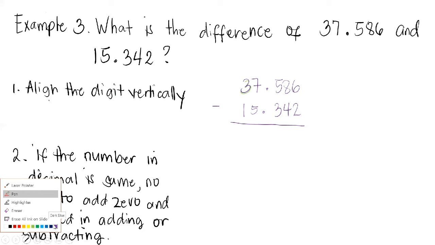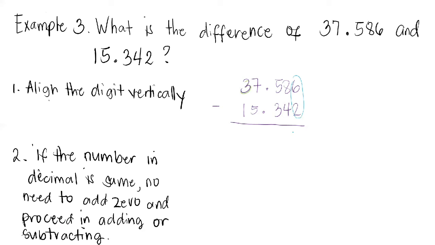So, let's have the process of subtraction. We have 6 minus 2, it is equal to 4. 8 minus 4 is equal to 4. 5 minus 3 is equal to 2. Next is 7 minus 5, after the decimal point. Then 7 minus 5 is equal to 2. And 3 minus 1 is equal to 2. So our answer is